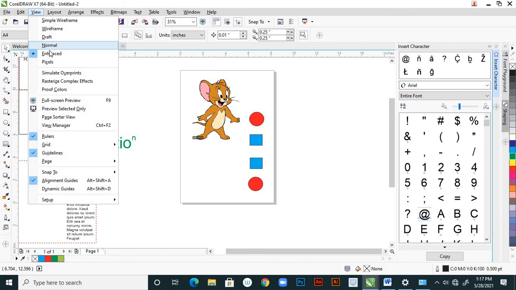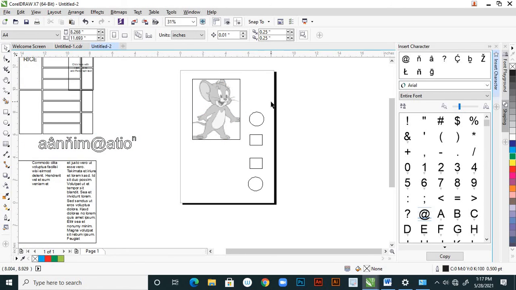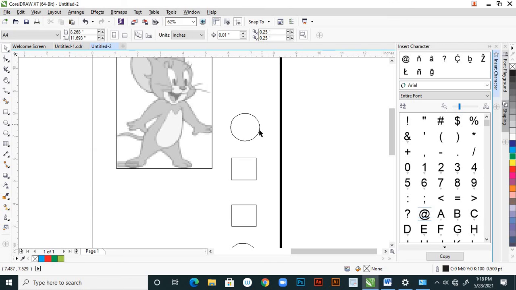So 1 2 3 4 5 6 options. So this is a simple wireframe. If you see this, it is showing your entire page in simple wireframe. So wireframe means only that outline, right. See here, it is also in wireframe, but because it is a pixel based image, that is bitmap.